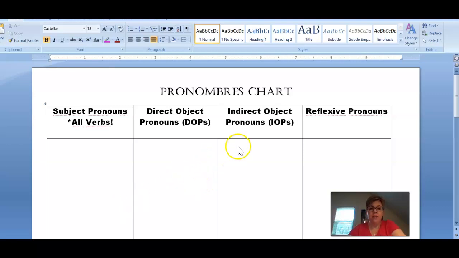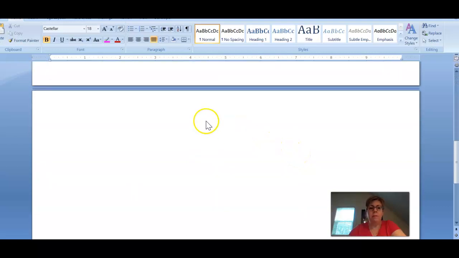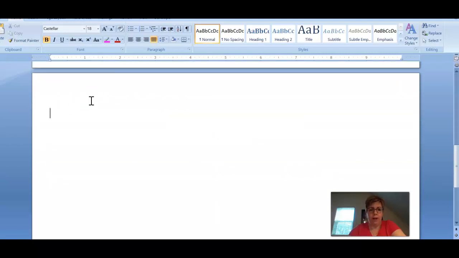Because what we're going to do in this video is, now that we've looked at our pronouns, I want you to flip to the back of the chart, right? So you're going to look at the back of your chart. Hopefully you've printed it out, or you're doing this on Word and you can add another page to the back. But basically what we're going to add to this now is placement of pronouns. We want to know where those pronouns go, particularly when we're talking about reflexive pronouns, direct object pronouns, and indirect